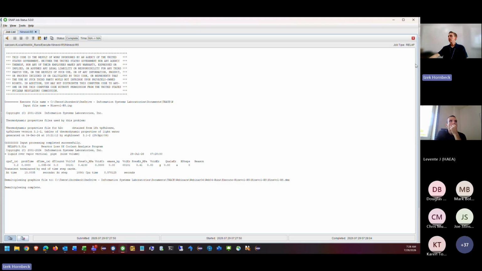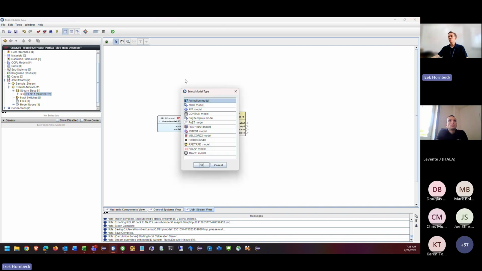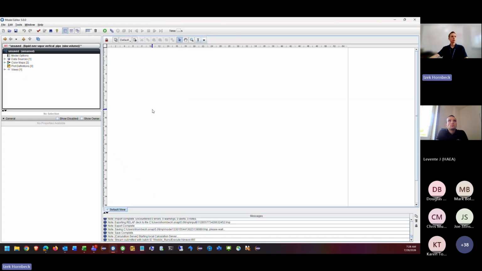In this exercise, we're going to use a different way of viewing some of this data that'll help us compare the RELAP5 calculations to the TRACE calculations once we convert it. So we're going to create a new model. We'll just do new, and we want to do an animation model. This we can put some plots in there and even some animation masks for the hydraulic components themselves. So if you click OK to create a new animation model,